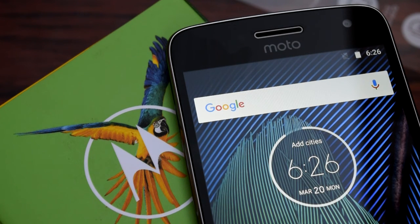So this was everything that I wanted to talk about, and I can give my verdict now. I think this is really interesting device. I have used a lot of devices, and they are unique in every sense of their existence. So some devices might be perfect compared with the Moto G5 Plus, but Moto G5 Plus holds a special status. As far as aesthetic looks are concerned, I have been repeating that a lot of time, that it